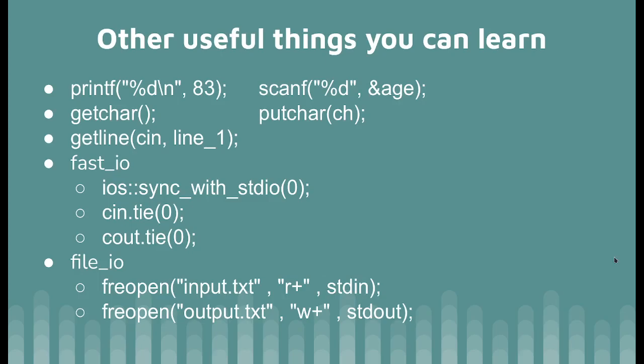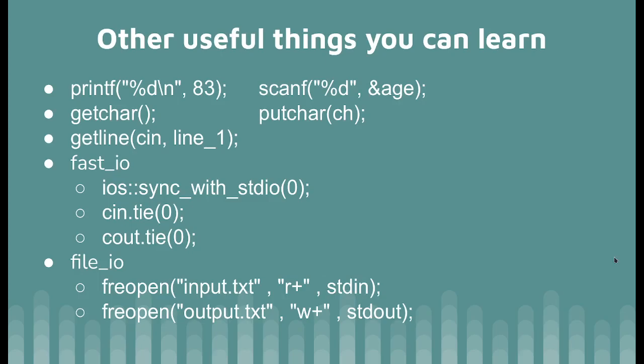Then, if you need to input the white space also, I think you need to input a string, right? Usually in problems you don't see things like that because the inputs are standard, but if you see something like that, you can use getchar like in C. You should do the same thing as C because C++ is a newer version of C. And in some problems, I use getline, because you can getline, save the whole line of input in a string and iterate over that. So if you want the character, you have it in that string.